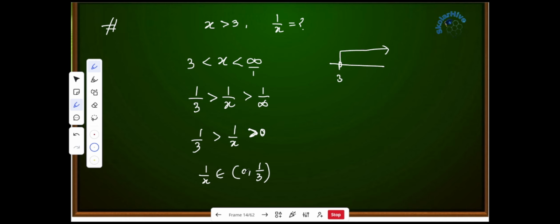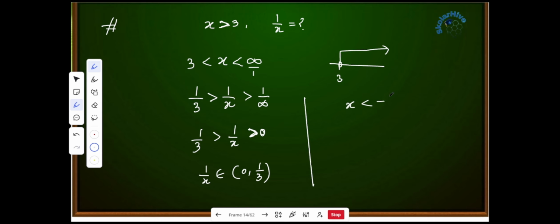Here 0 and 1 by 3 both will not be included because the symbol is only greater than, and in this case this point will never be included because infinity is there, so it will always be open. Okay, now let's see if we have given the value of x to be less than any